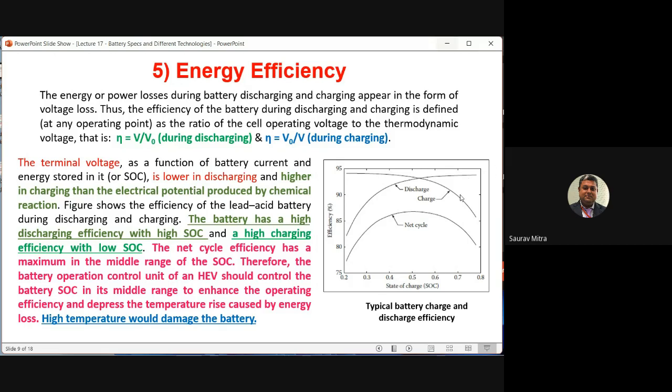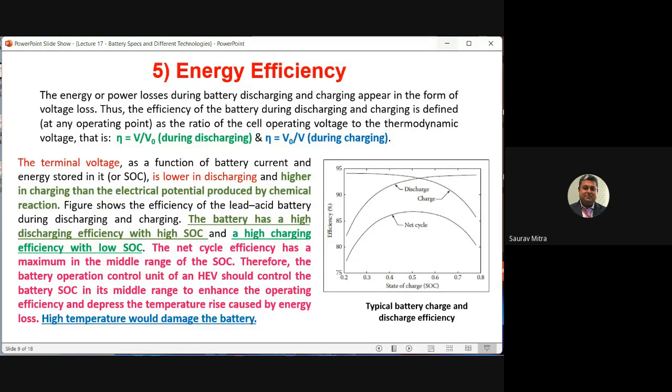Whenever the battery is doing very high discharge, at that time you will find that battery efficiency is very high. What is meant by battery efficiency during discharge? It is how much charge you are giving to the output divided by how much charge the battery is having inside it. So charging efficiency and discharging efficiency definitions are reverse. Charging efficiency means how much charge is held by the battery divided by how much charge you are giving to the battery for charging. This is what is called the charging efficiency.